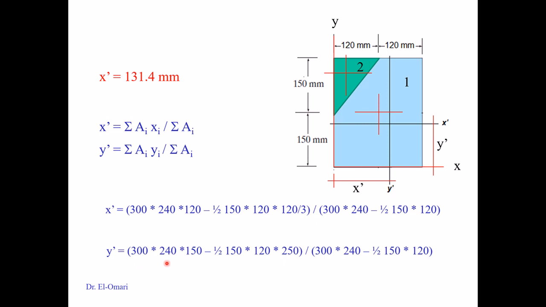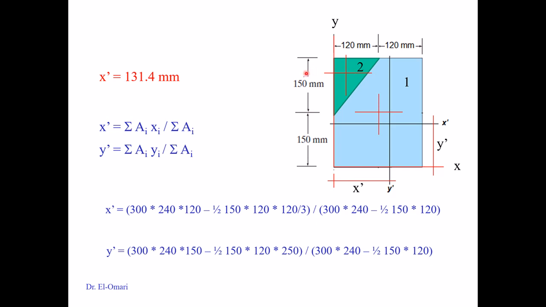So here is again the area, 300 times 240, and then multiplied by the vertical distance, the 150, which is measured from the x to its own x-axis. Then subtract from that the area of this triangle, half times 150 times 120, and then multiply it by that distance, which is measured from the reference axis to its own